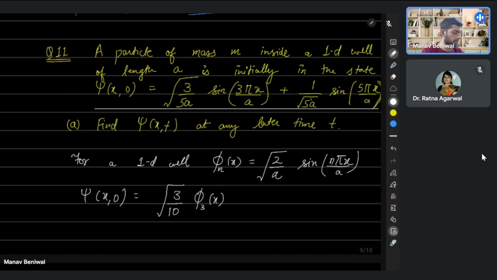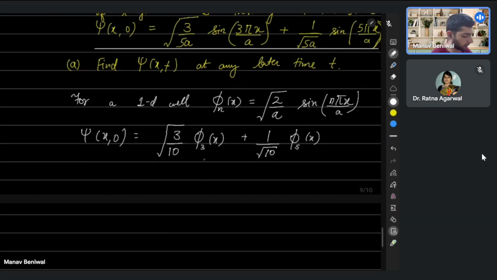Okay, and here it will be 1 over root 10, and here you can see n is 5, so it will be phi 5 of x. Okay, so this is your second excited state, and this is your fourth excited state. So here you have n is 3, and here you have n is 5, and again we can check that the entire wave function psi is also normalized initially, so we don't have to worry about normalization, and we only have to worry about the